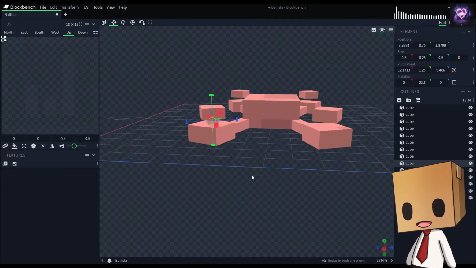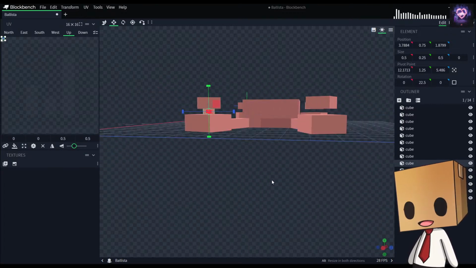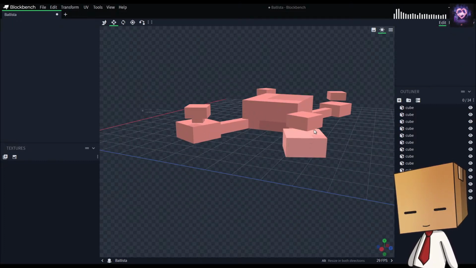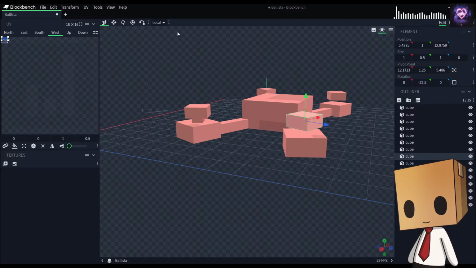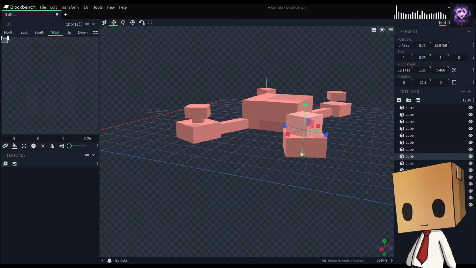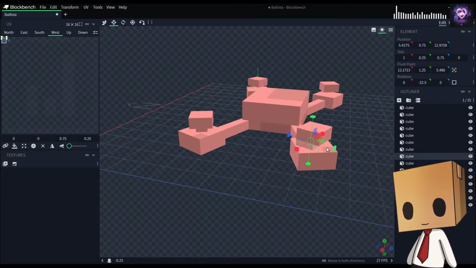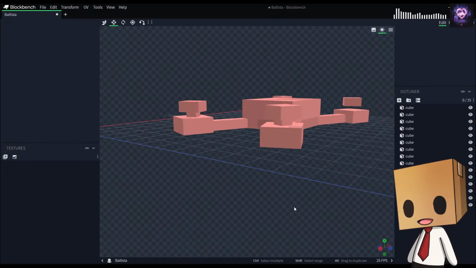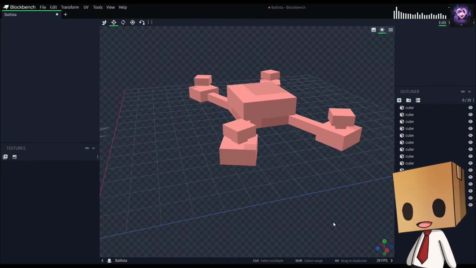I think it's a relatively thick pin, but I kind of like the thick boy pin. There's the adding things into